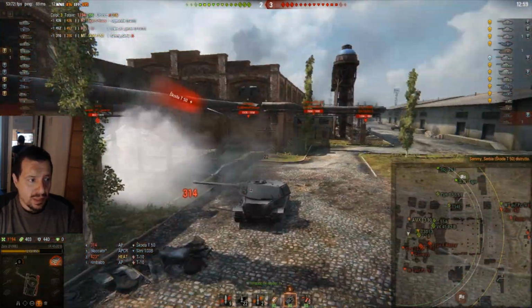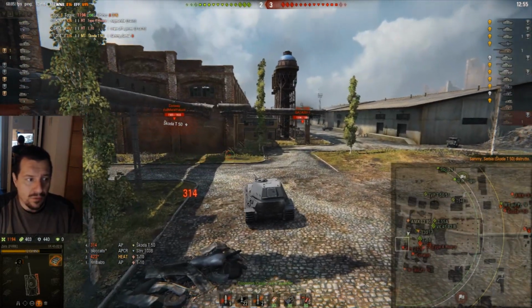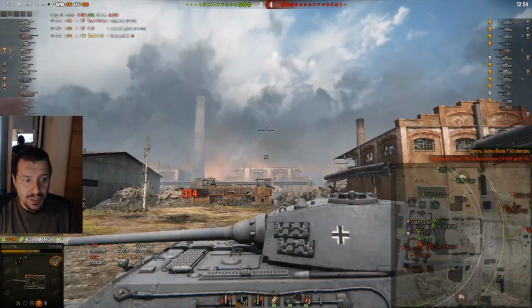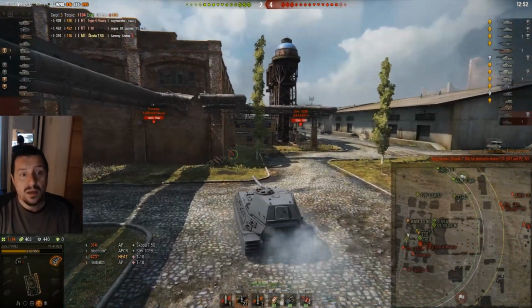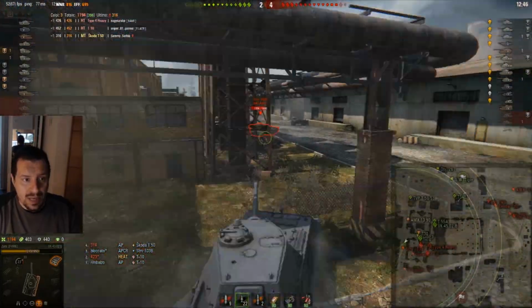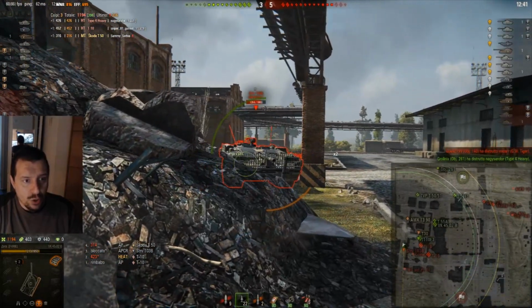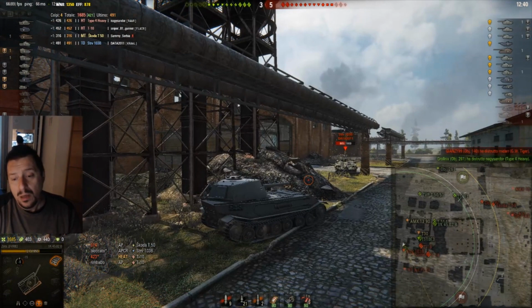My team doesn't hold any part of this map. I got shot in the side by the Skoda T50. Just remember that the side armor of this tank sucks, so don't over-angle the armor. And now it's time to clean one side of the map, because I don't want to see any enemy around me, because the worst